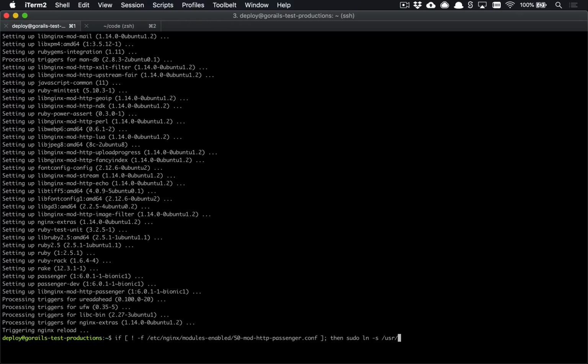and then sudo ln -s /usr/share/nginx/modules-available/mod-http-passenger.load. We're going to symlink that to /etc/nginx/modules-enabled/50-mod-http-passenger.conf, and then we're going to say sudo vim /etc/nginx/conf.d/